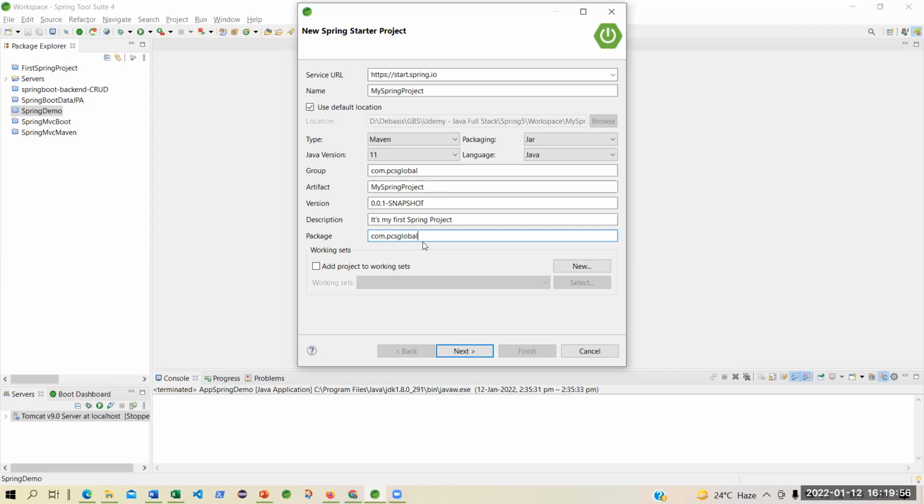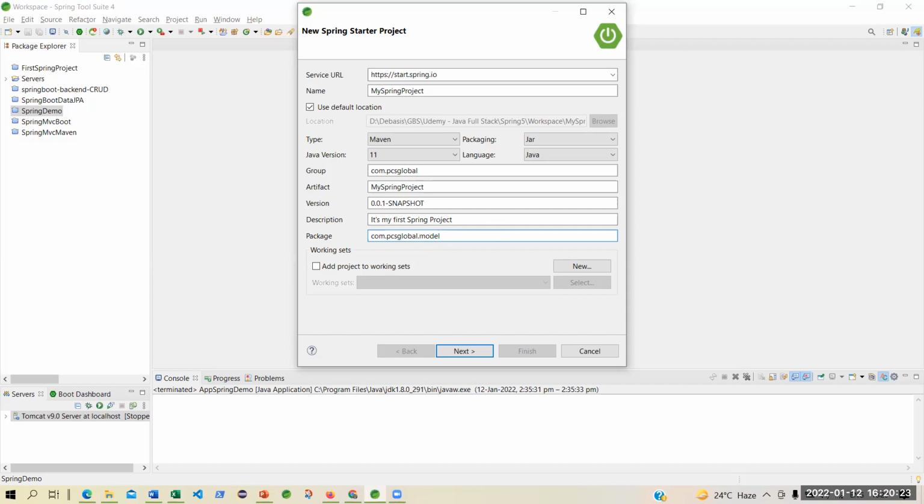Now, as we progress on Spring Boot, we will see that we will classify, like there is your controller, then there is the model.